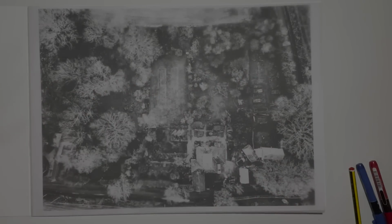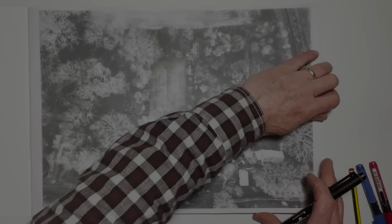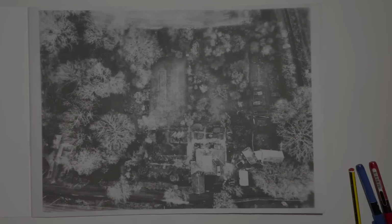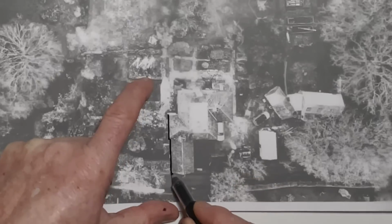Now you can use Google Earth. Google Earth's really good. In fact, it's got a measuring tool on there, which is really useful. So there's lots of different ways to go. First of all, I'm going to mark out here. This is the footprint of the house